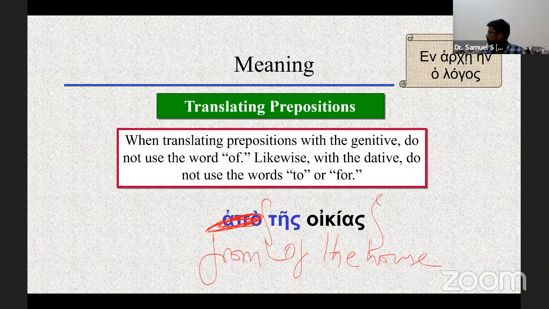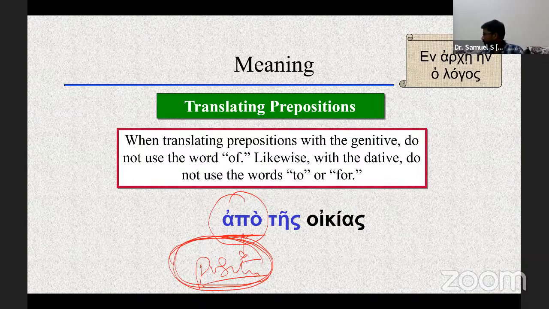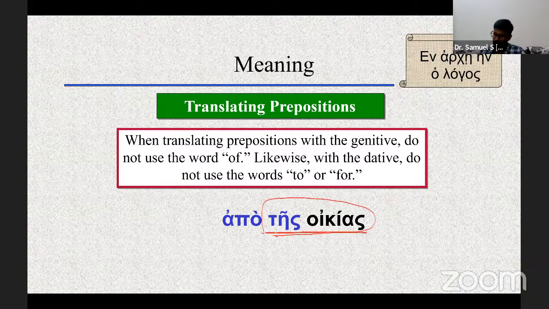No? "Of" and "from" is not case. Both of them are denoting genitive case. No, this is communicating position. A preposition is communicating position, not possession, but position. For example, "the Lord came from the house." Okay, "the Lord came of the house." Doesn't make sense. Exactly. So when you have an object in the prepositional phrase, ignore the translation of the case